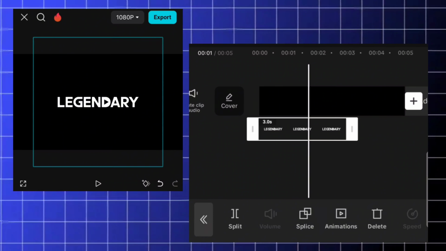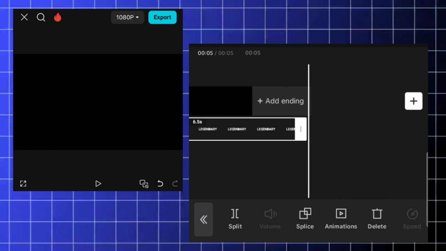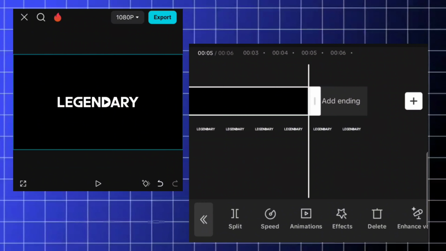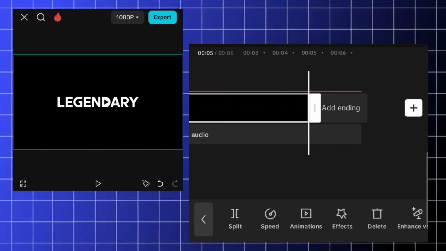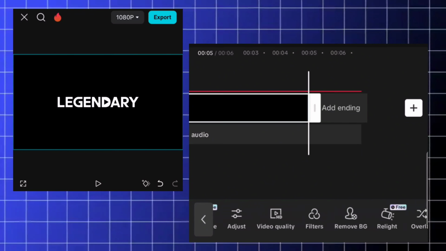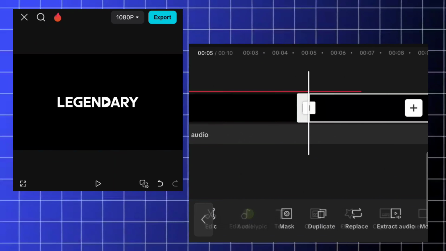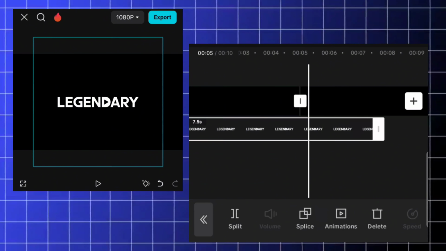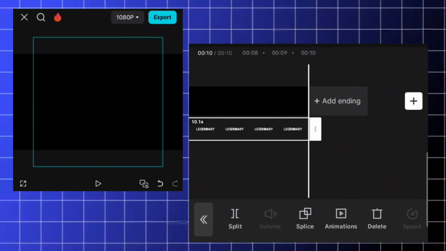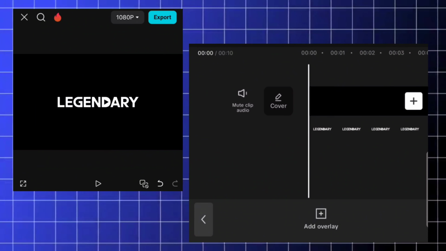The next thing I want to do is to look for the element. You can make it as long as you want. You can simply double this. Just click on the black screen down here and you're going to see an option for duplicate, so you can easily duplicate the material. The next thing you want to do afterward is to download the material you want to use for